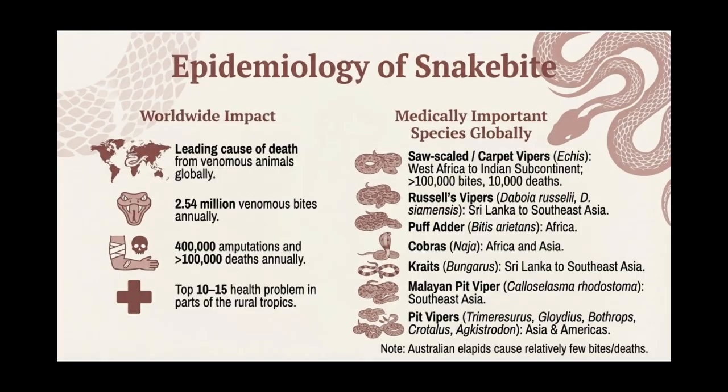The global annual incidence of snakebites is estimated to be quite high, with some reports indicating up to 5,500,000 bites each year. Approximately 50% of these bites are caused by venomous snakes. Annual complications from snake bites include around 400,000 amputations and about 100,000 deaths worldwide. Different studies provide varying estimates. One suggests there are approximately 2,540,000 venomous snake bites annually, resulting in at least 125,000 deaths.